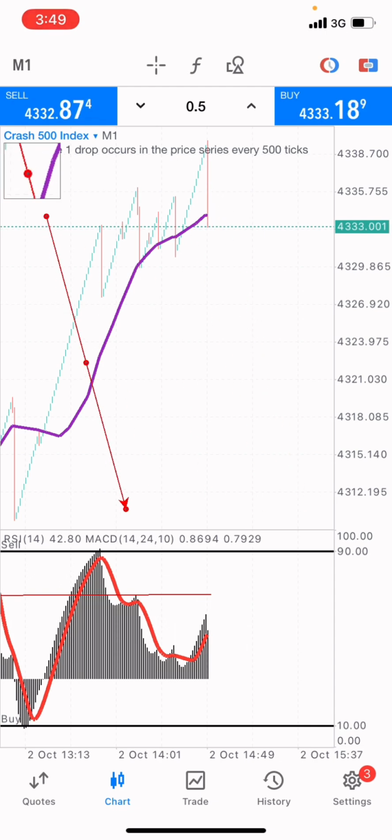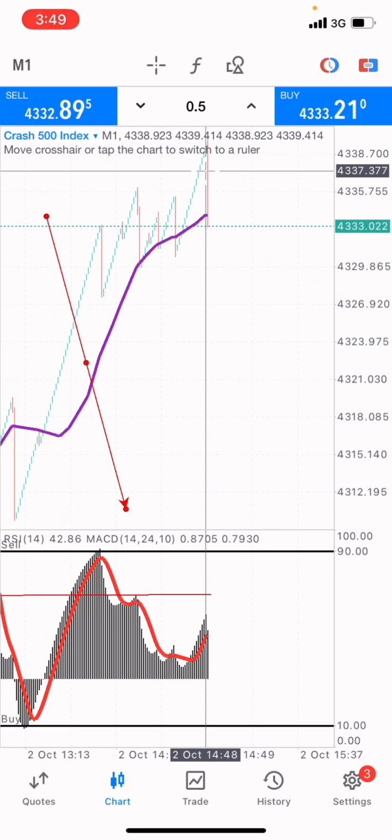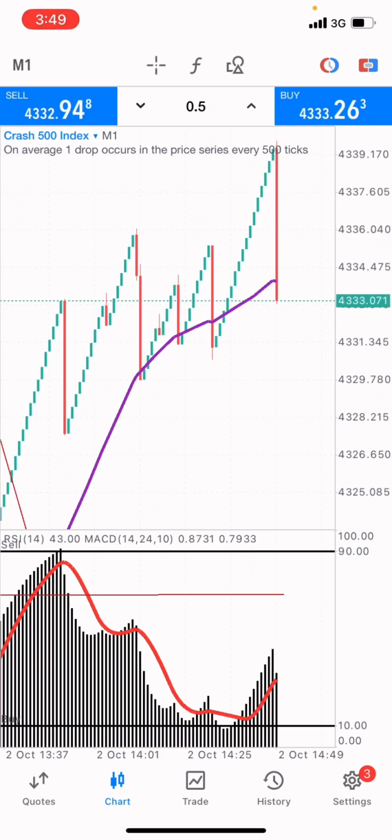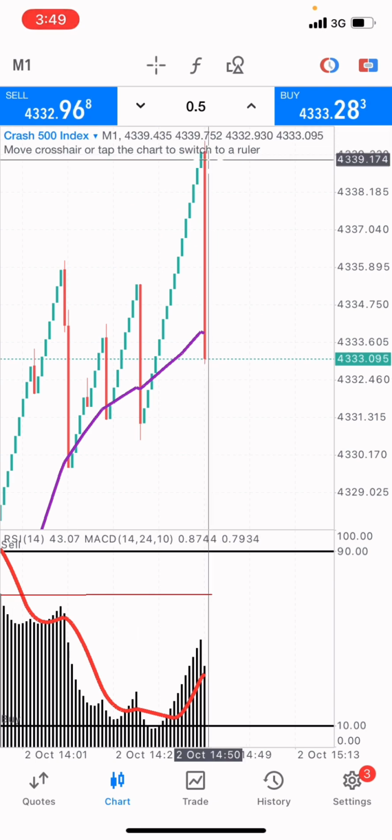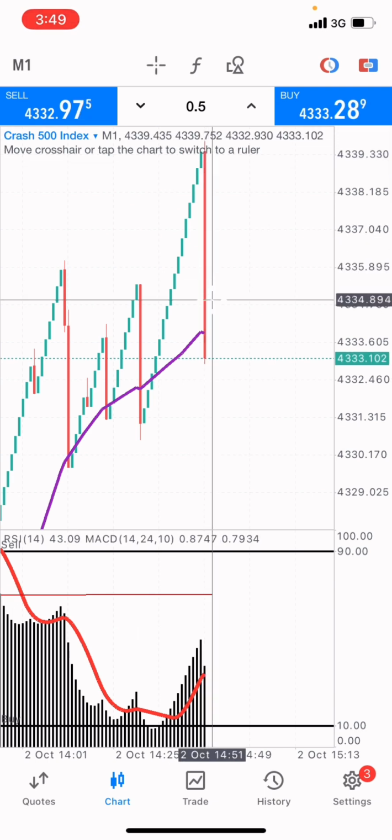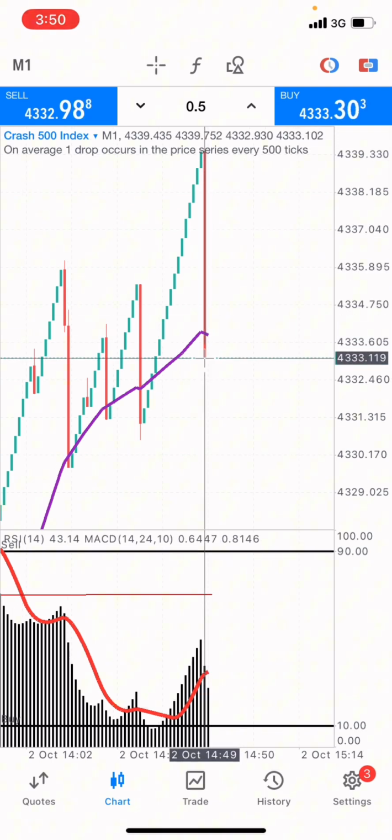Let me remove this thing from you. Look at it, the spike just entered into the market, and this is a very huge profit. You saw it. Take a look. Trace it with me from here now. Trace it, guys. Spike, right? You saw it clearly.